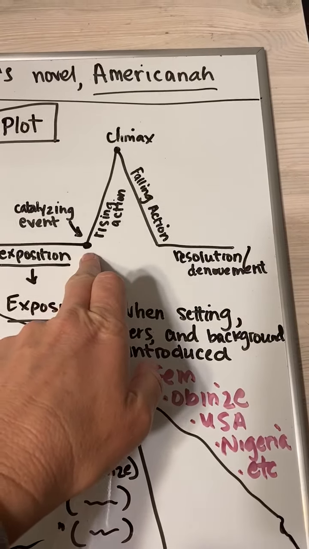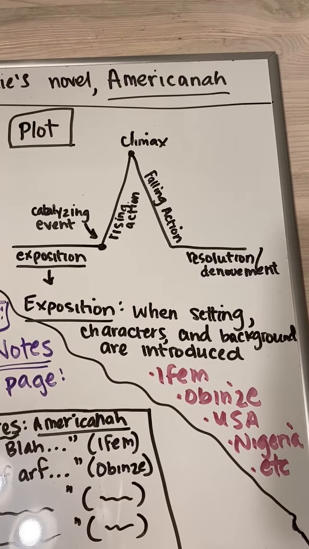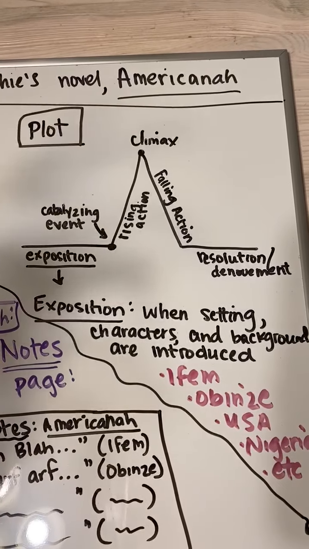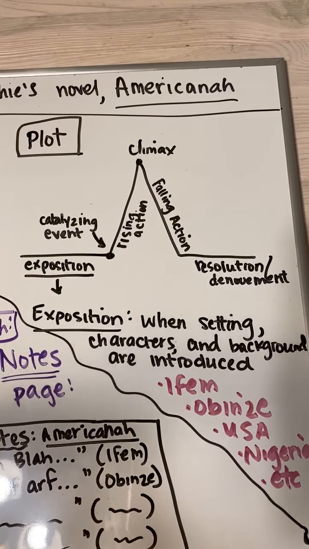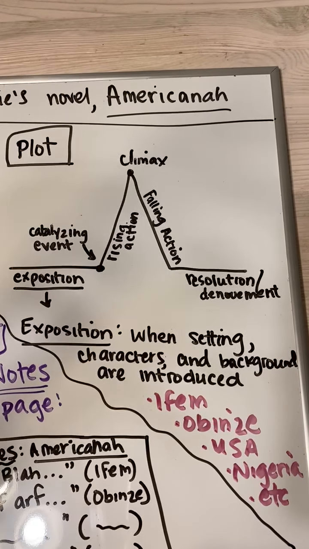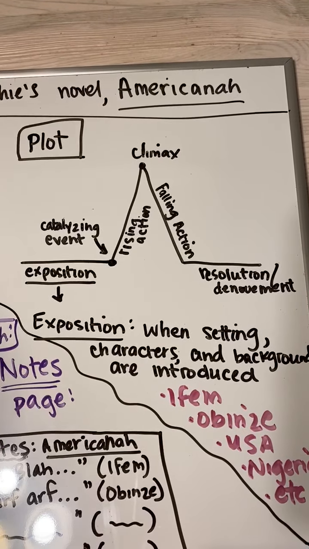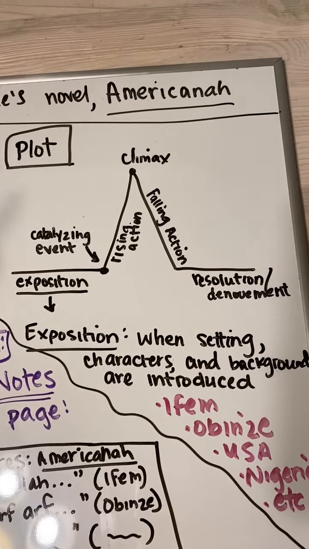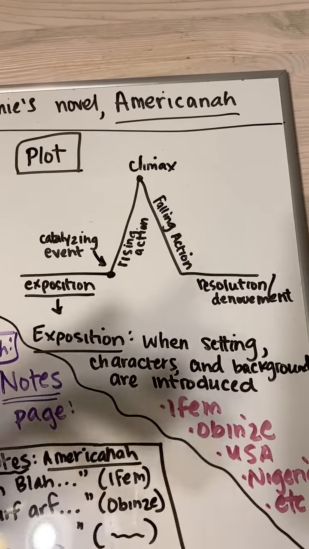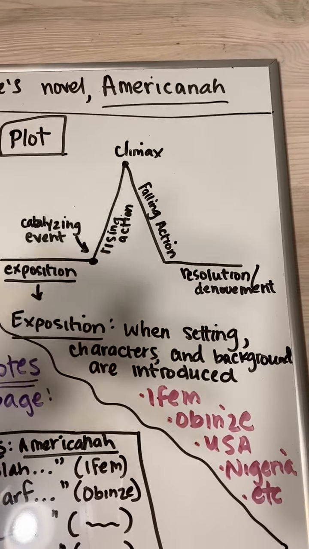Then we have some sort of catalyzing event. And what that means is a catalyst, just like in biology, it's the thing that gets things to start moving faster, right? To start going, to start having a chain reaction, if you will. And so the catalyzing event is not the biggest event in the story usually, but it's the thing that starts to move the plot forward into the rising action. And the rising action comprises a series of plot points that lead us to